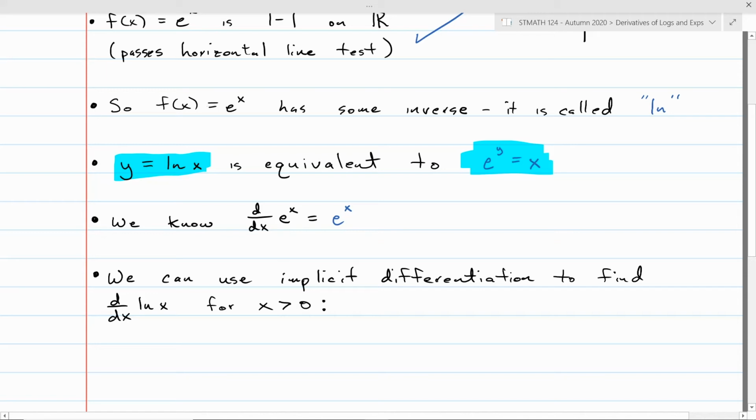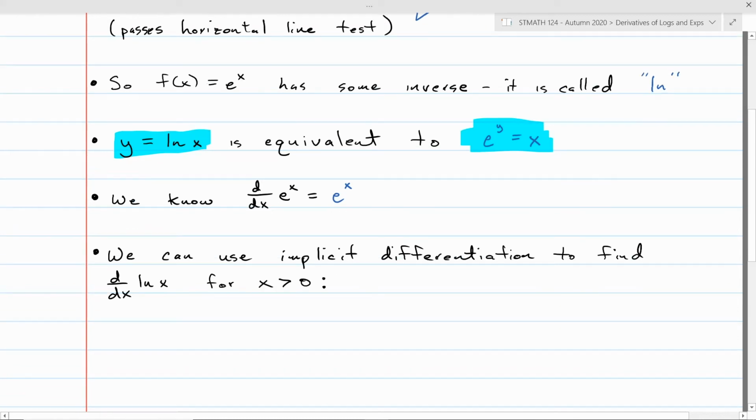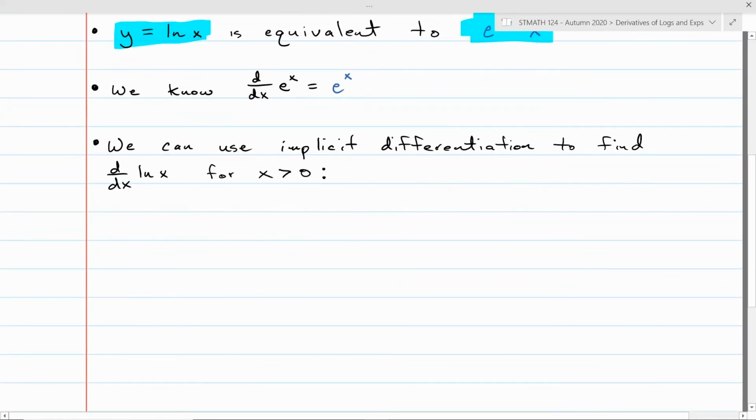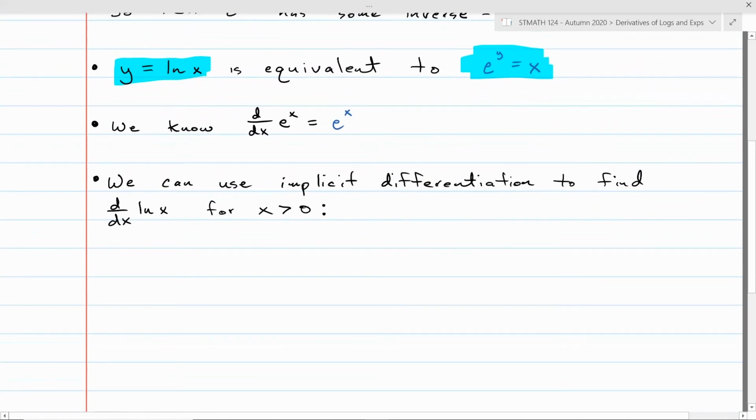So the idea is I can use those equations that are in blue, the fact that they're equivalent, as a conversion factor to go from what I know about e to the x to what I know about natural log of x. So let me show you how that would work. We're going to use implicit differentiation to find the derivative of the natural log. So this is our goal right now, to find this derivative right here whenever x is greater than 0. So if I set y equal to natural log of x,